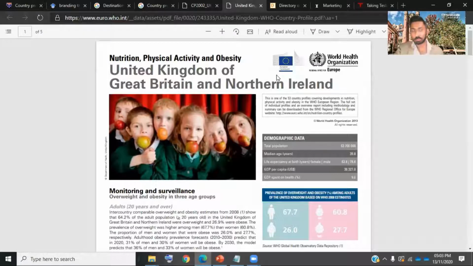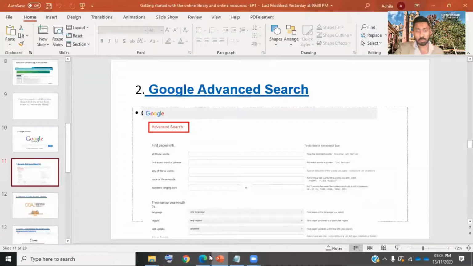And another search result put me into the World Health Organization's destination profiles that they have produced. Again, it is also from 2013, a relatively old source, but it can still be used for your reference purposes. If you mix them with much more recent sources, you can use these things. Now the next